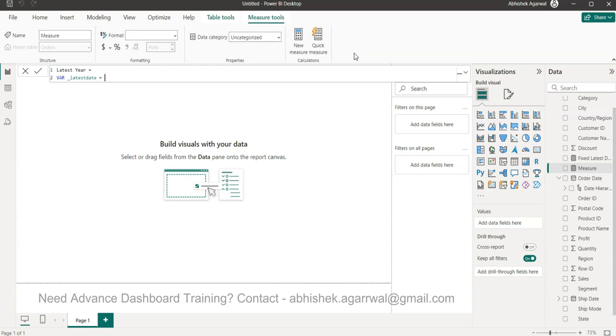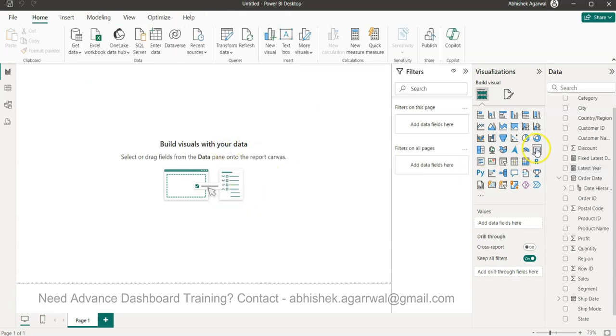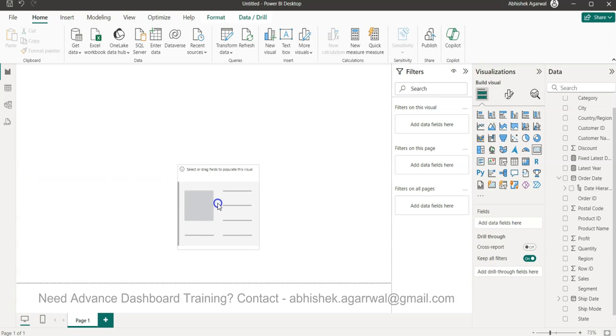This is a best practice, otherwise sometimes DAX throws an error. So we have assigned the fixed latest date to a variable, Alt Enter, we say RETURN, Alt Enter, and we say YEAR of latest date. That is all you need. So I'll show you over here. I'll bring this down,